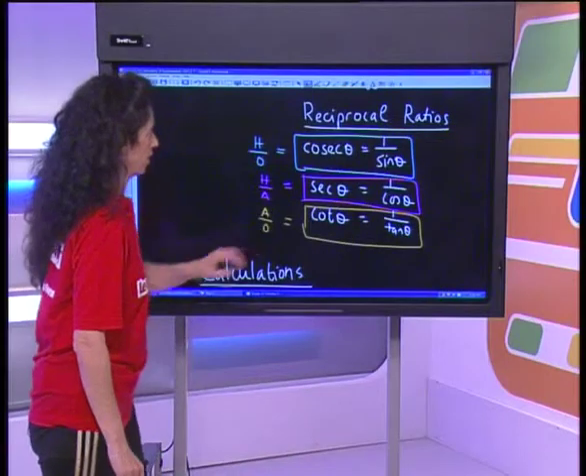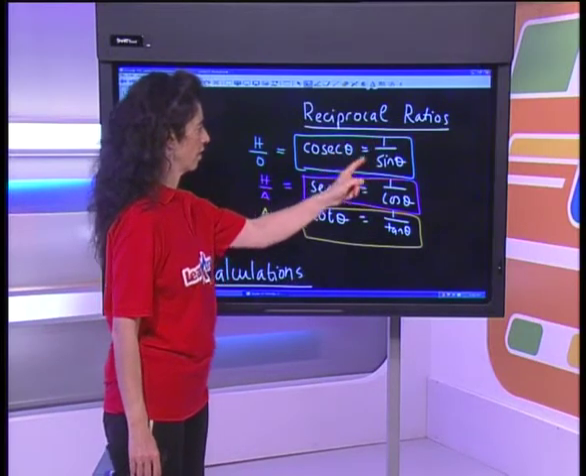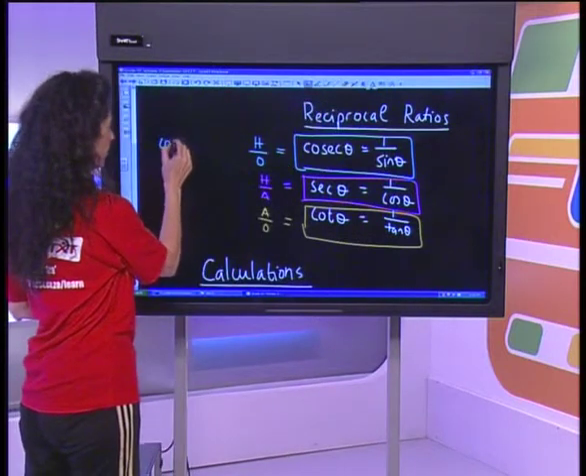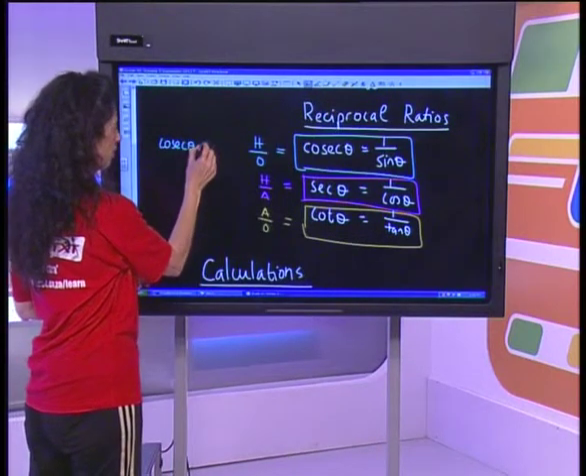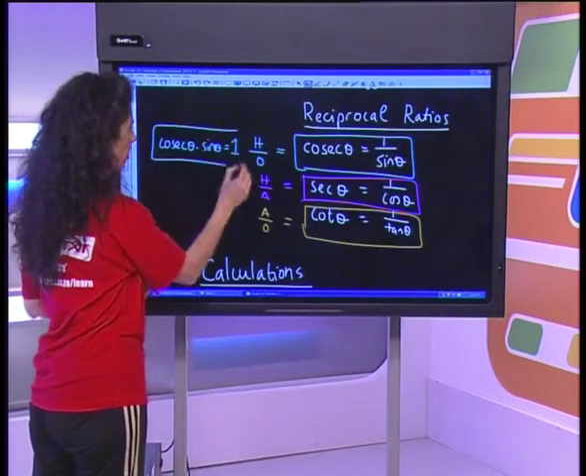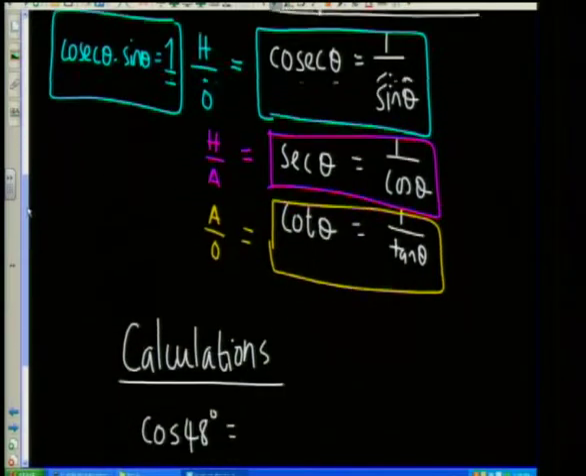And if you take the product of sine and cosec, you'll obviously get 1. So we could write it over here that if I take cosec and I multiply it by sine, I will get 1. So it's just rearranging this equation to multiply across by sine theta is equal to 1. Right, in terms of calculations,